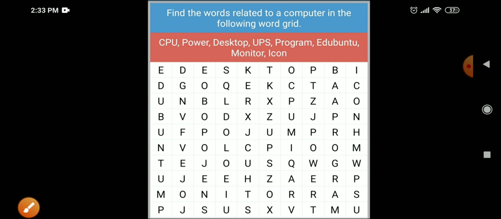Search bar. Now here they have given us the hints: CPU, power, desktop, UPS, program, Ubuntu, monitor, icon. Now what we have to do here is find all these words. Desktop, right?